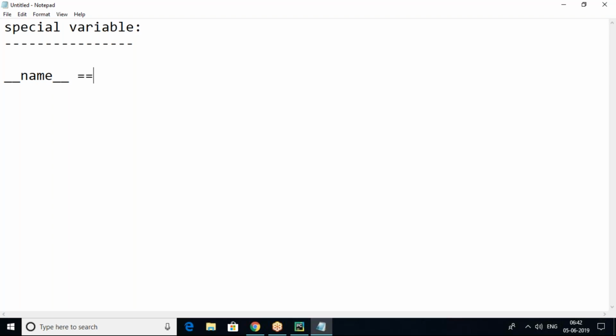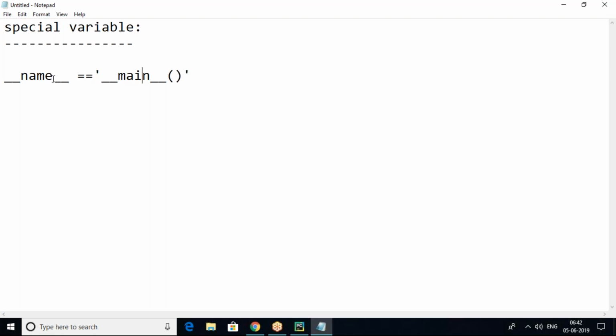Suppose __name__ equals "__main__". See, the value of this special variable is equal to main. If it is main, in the sense the program is executed as an individual program, it is not depending on any other program.